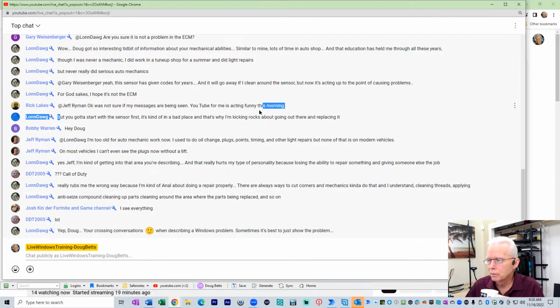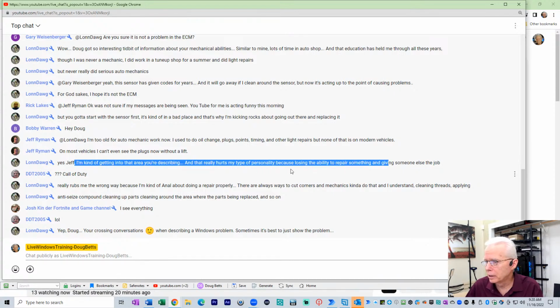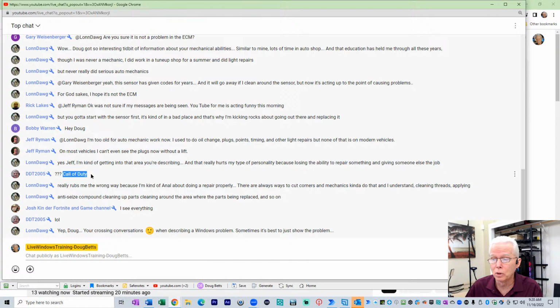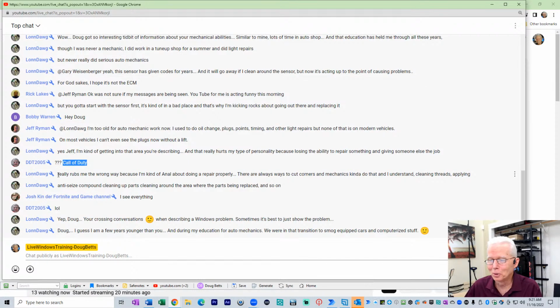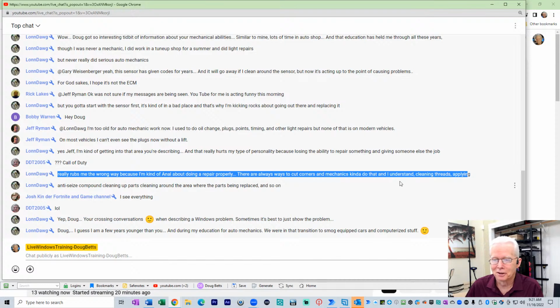So then you got to start with the sensor first. That's more on the dog. I'm going to skip over some of that stuff about the car stuff now. Lawn dog to Jeff. I'm getting into that area. That really hurts my type of personality because losing the ability to repair something and giving someone else the job. Yeah, at this point in time, I do know the only thing that I do on my car in terms of servicing is I'll add air to the tires. I don't even do oil changes anymore. And I put gas in the car myself. Really rubs me the wrong way because I'm kind of